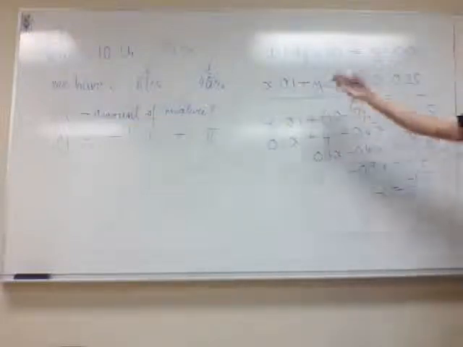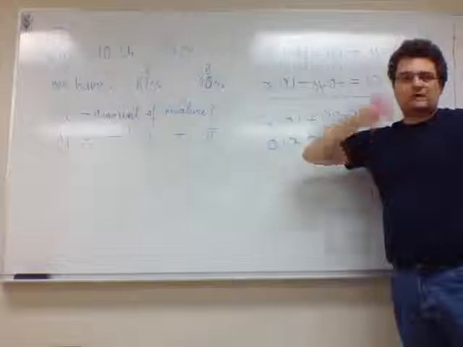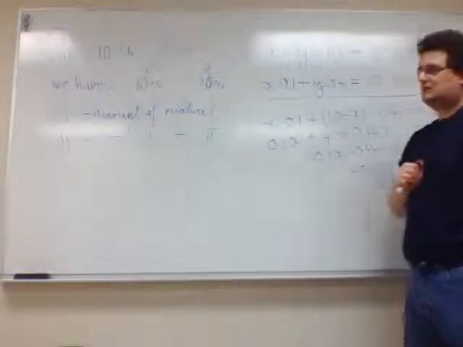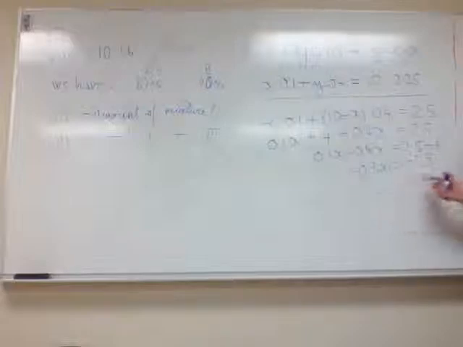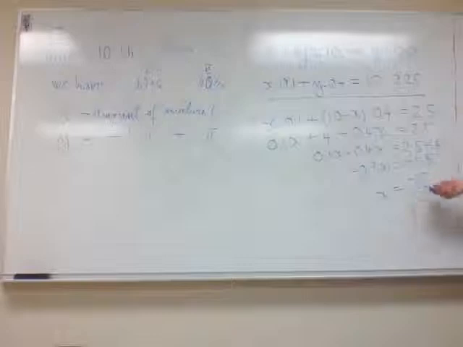So x should be a number of pounds, so it should definitely be a positive number. If you get x being negative, something's wrong. But here we have two minuses, so we have